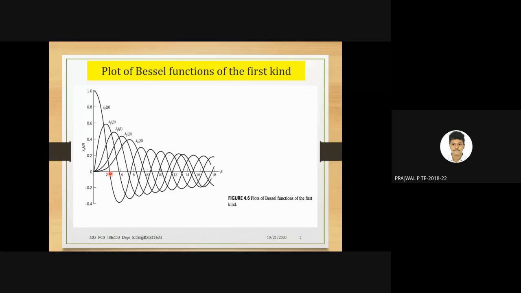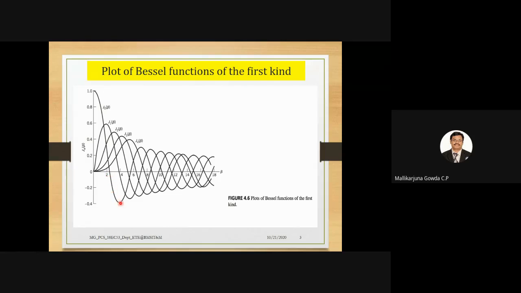Sir, can you repeat the values where it is zero? See, this is the plot of Jn of beta for different values of beta. In that, I am considering the first one, that is J naught of beta. I started moving the cursor, no? So it is at what point? This is beta equal to 2.44. The first value of beta is 2.44. At that point, the value of J naught of beta is equal to 0. Yes or no? When beta is 2.44, J naught of beta is equal to 0.